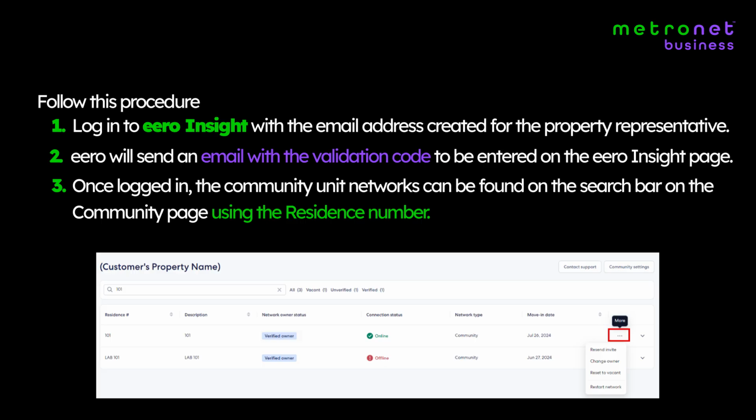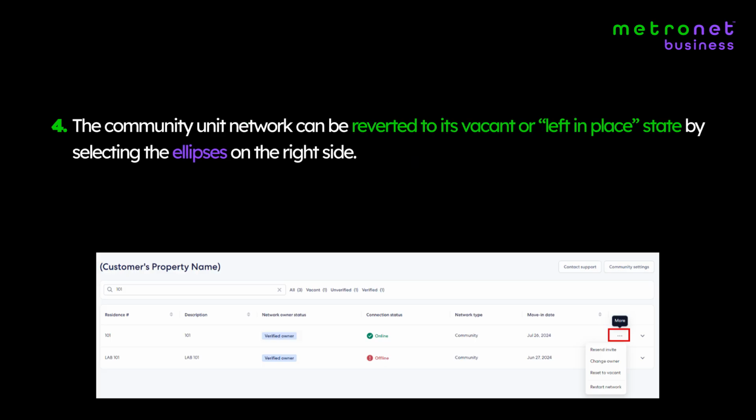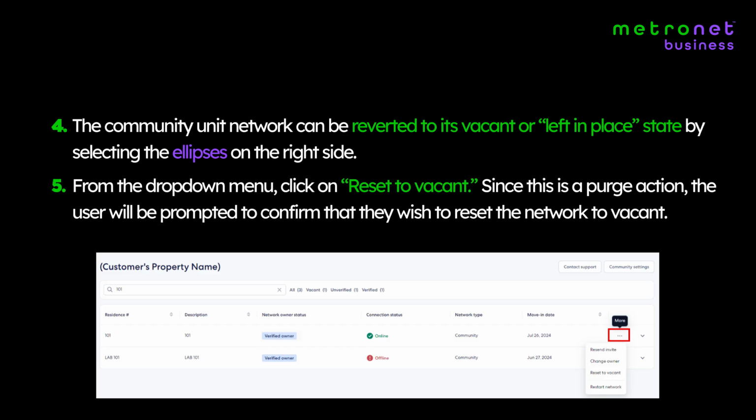the residence number. 4. The community unit network can be reverted to its vacant or left-in-place state by selecting the ellipses on the right side. 5. From the drop-down menu, click on Reset to Vacant. Since this is a purge action, the user will be prompted to confirm that they wish to reset the network